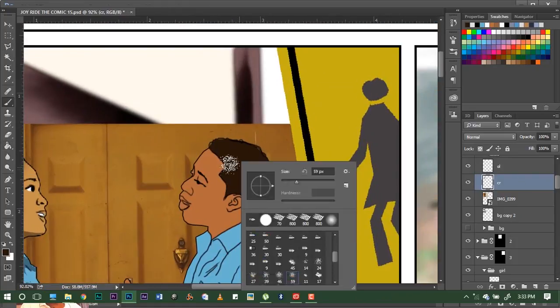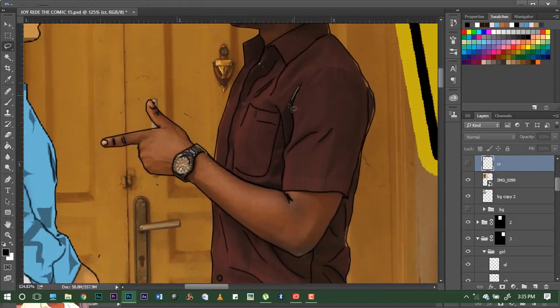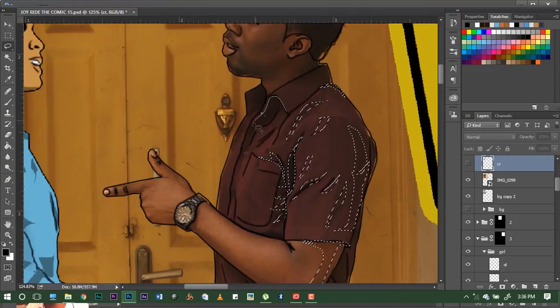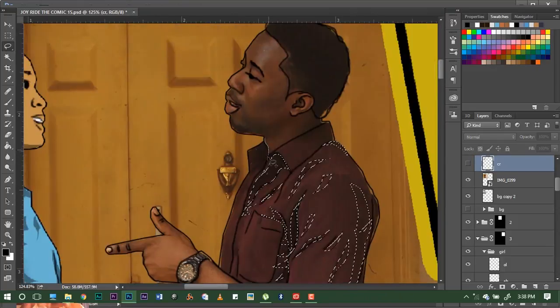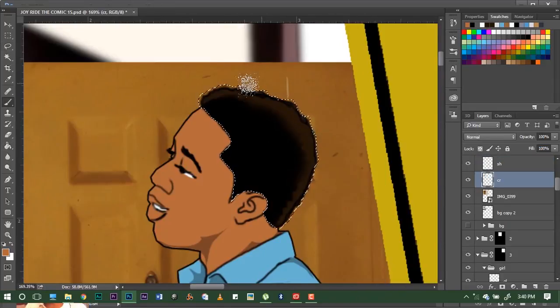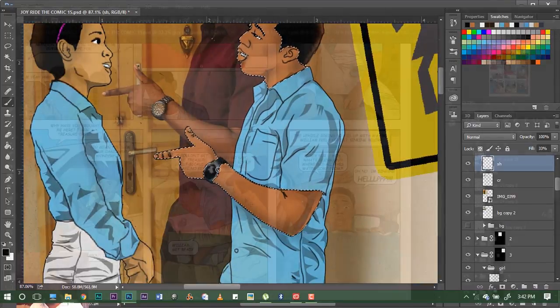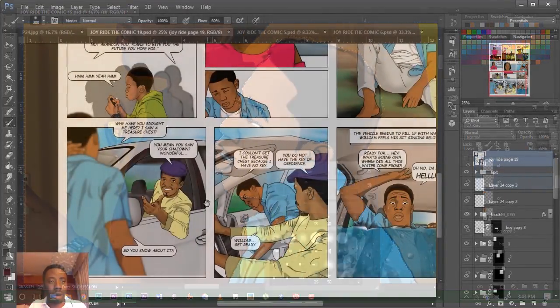We've been working on a comic book titled Joyride, and I've been working on it for months. Based on the experiences I've had so far, I've learned a couple of things that I would like to share with everyone. This is a page from the comic book, and as you can see, characters are drawn around,